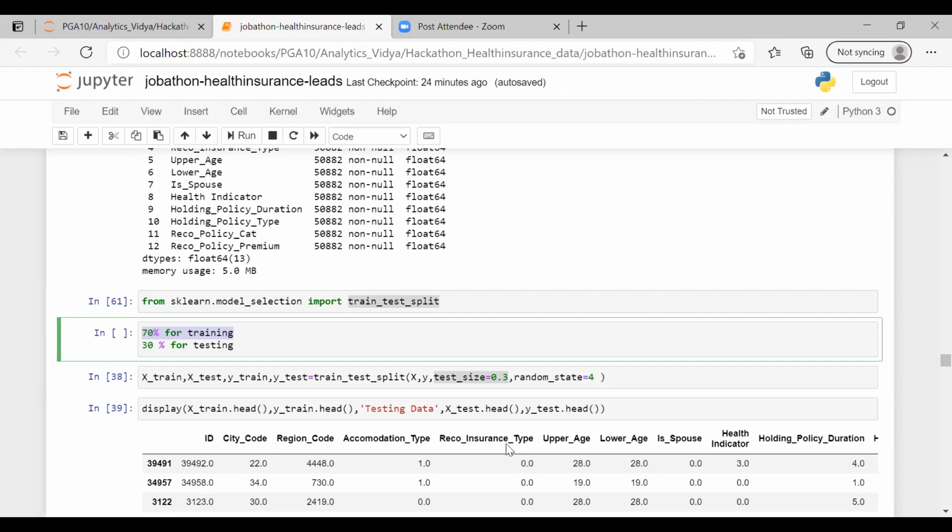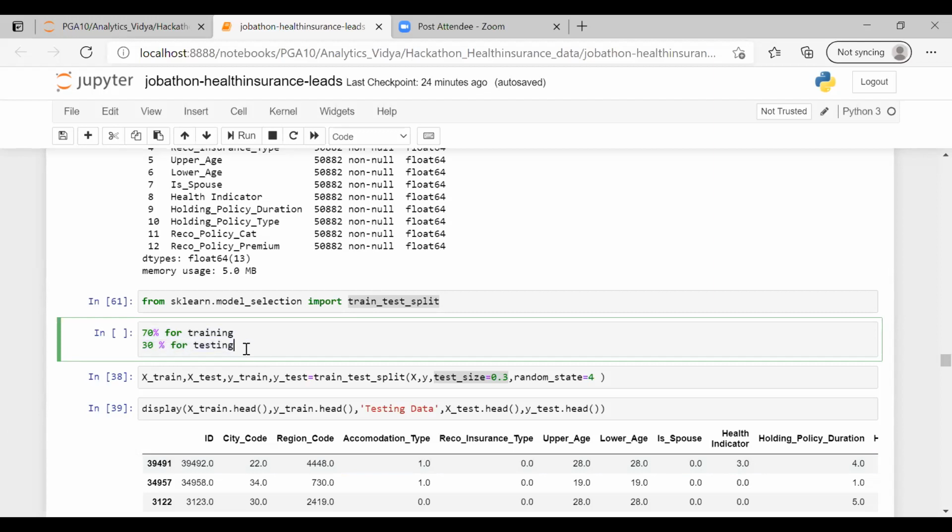Yes, this is the pattern. The mobile can be in blue color, it can also be in white color. The camera is not fixed, it could be 13 megapixel, it can be of different sizes, and the location can be different, correct? So multiple things can vary. That's why I'm training my model with 70% of the data. I'm saying you take 70% of the data, learn the pattern that for these values I'm getting this target. And the remaining 30% I'm keeping for testing.